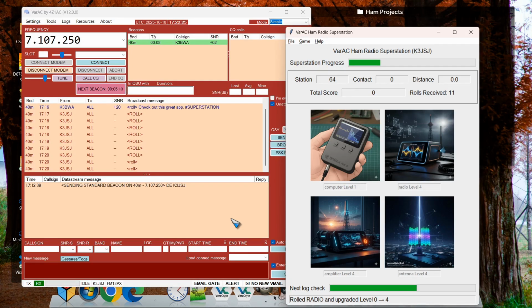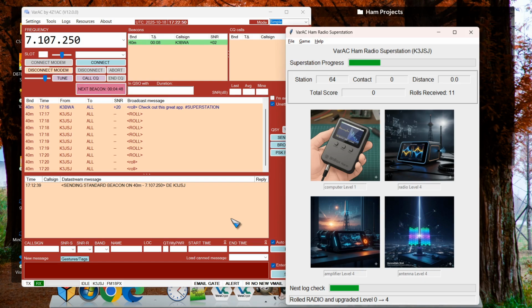Let's move on to the next dynamic of the game, and that's making human-to-human contacts with operators. For the purpose of this demonstration, I have set a timer to be 60 seconds. So when we roll the game out in November timeframe for public use, the timer will be 10 minutes. So you'll have to have at least a 10-minute QSO with a human, another person, to qualify to get a